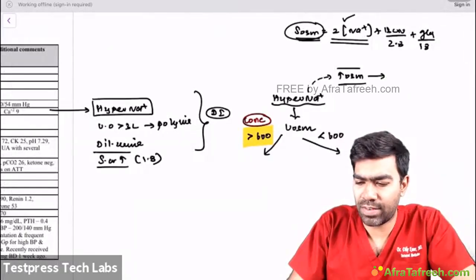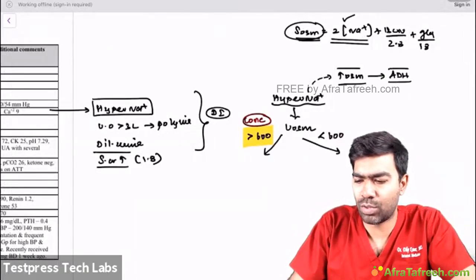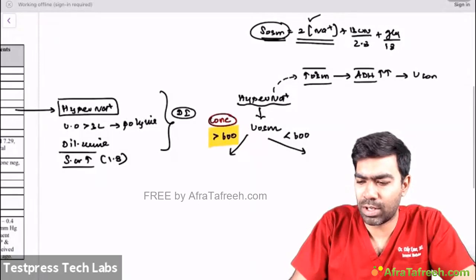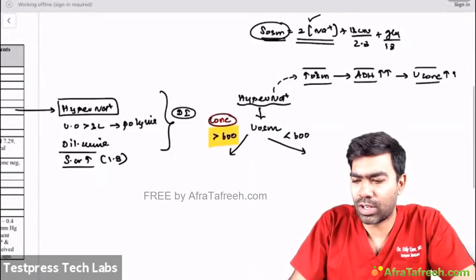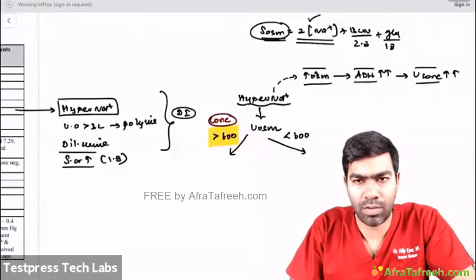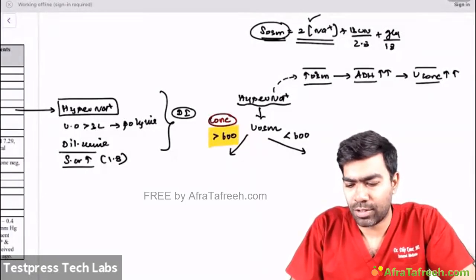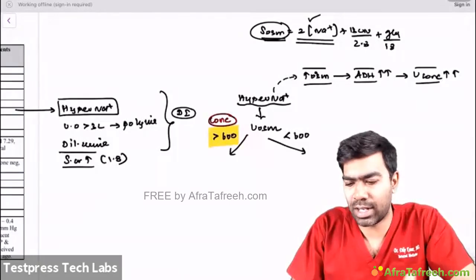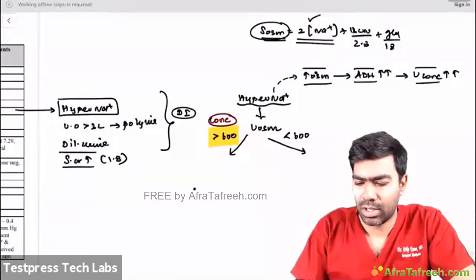This would have definitely triggered ADH to be produced in excess. If ADH is produced in excess, urine will definitely become concentrated, because ADH tends to reabsorb water from the kidneys. We know that. So whenever the concentration is high, I feel that must be considered an appropriate response. But nevertheless,